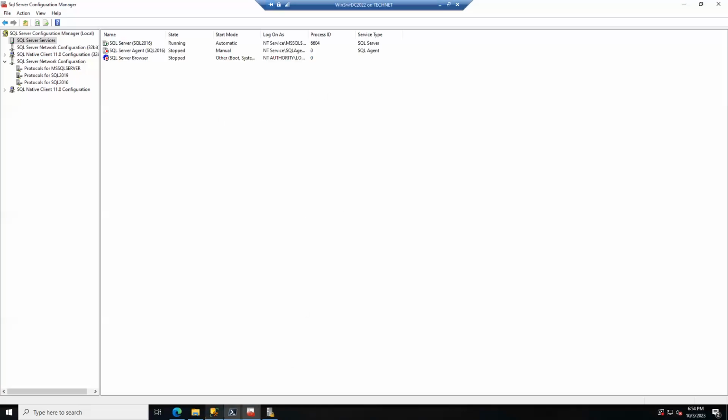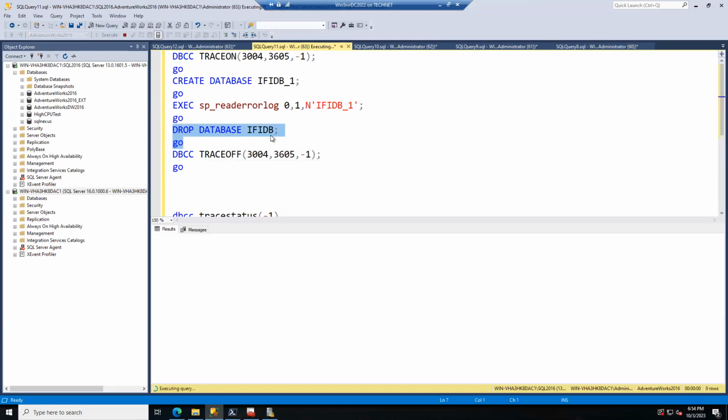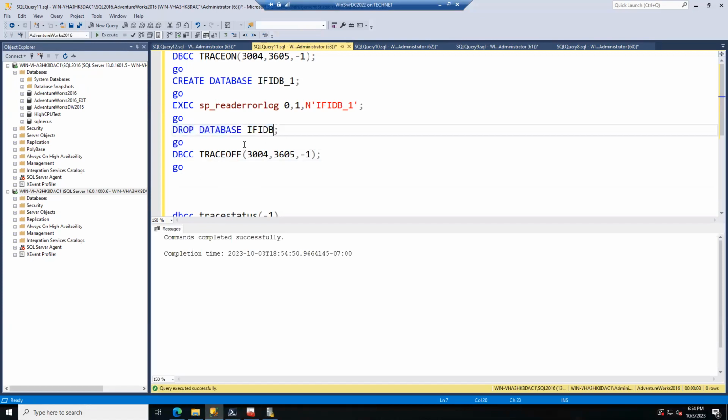I have restarted the SQL instance and let's do the same thing here. Drop database. Underscore one. Just dropping the database and let's create